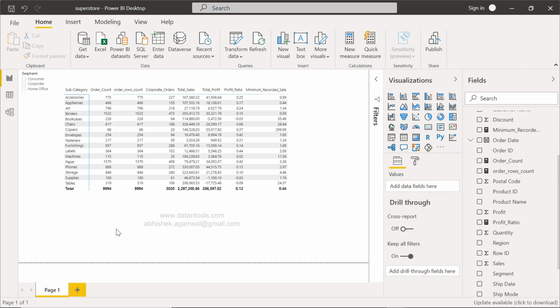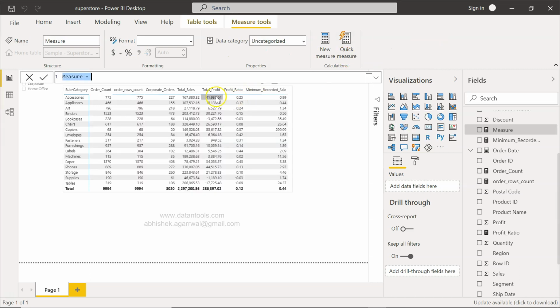Now let's move on to creating the max function. To create it, I will click over here, new measure, and the new measure comes here, and I will say what I want to find is the maximum ordered sale. So I will say max ordered sale. And you can write whatever you want. For example, in the previous video when I was showing how to find the minimum value, I said minimum recorded sale. Similarly, this time I'm saying maximum ordered sale. So whatever makes sense and is useful from the business language perspective, go ahead and create it by that name.